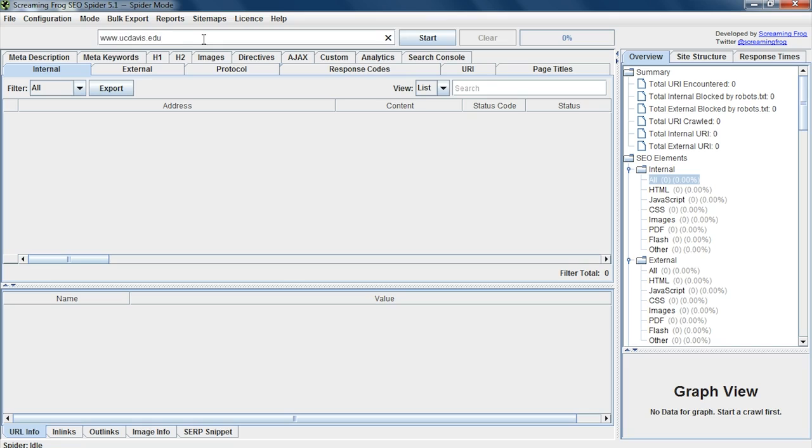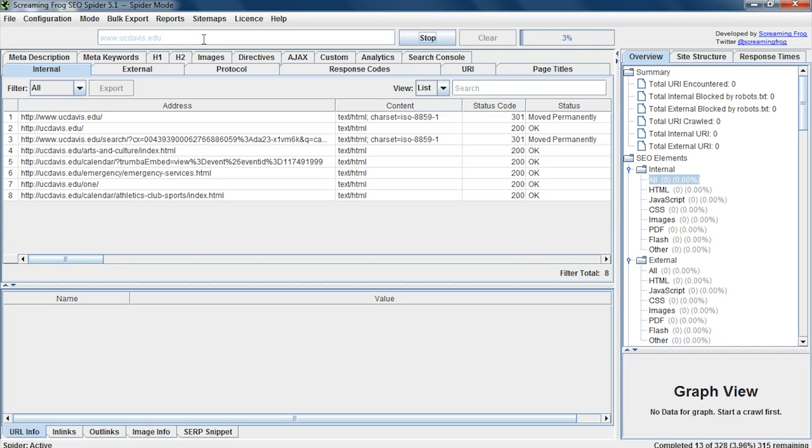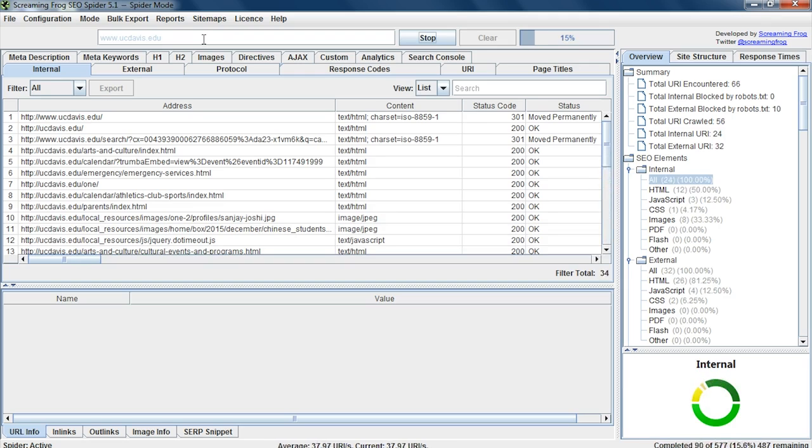Once you've entered your URL, you can click Start or simply hit Enter. The tool will begin crawling a list of pages within the site. You can see the progress of the crawl here to the right, as well as a list of pages the tool has crawled below. The tool will show you the address of the page, the type of